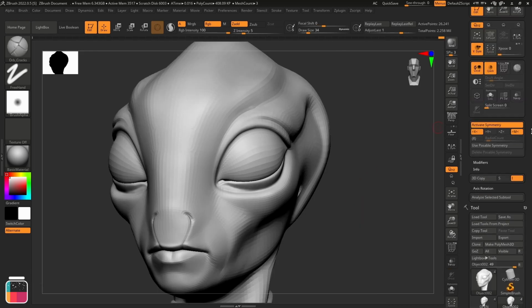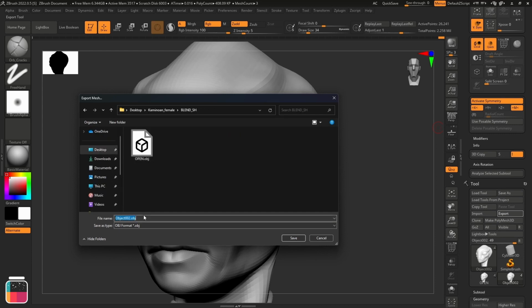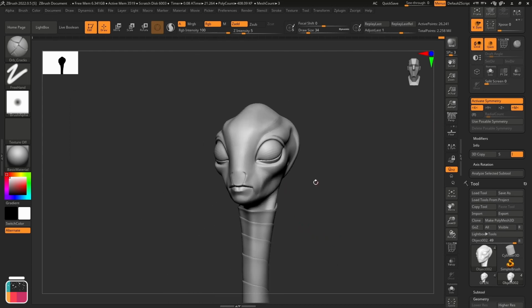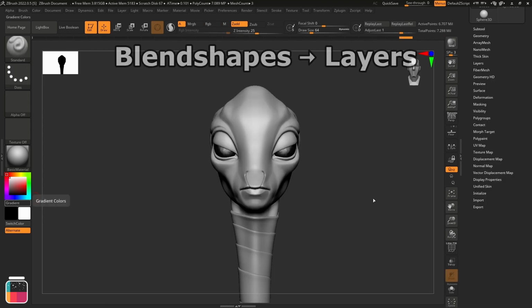Exporting the lowest subdivision level as an OBJ file will give us the closed eye blend shape. Back to our main mesh.